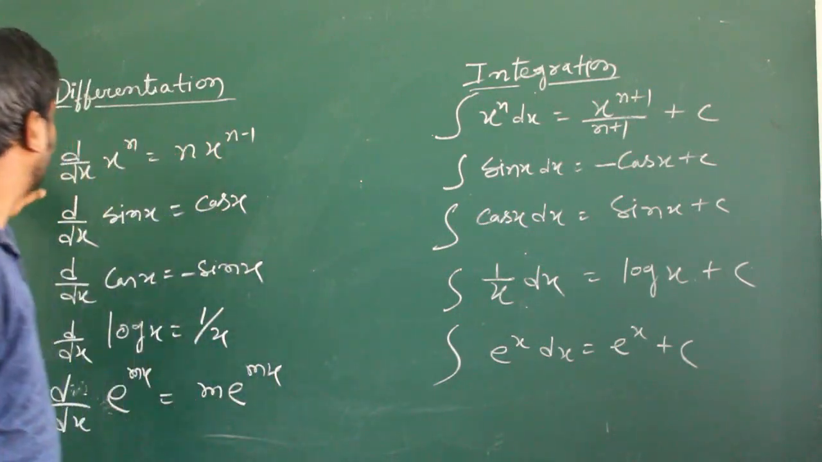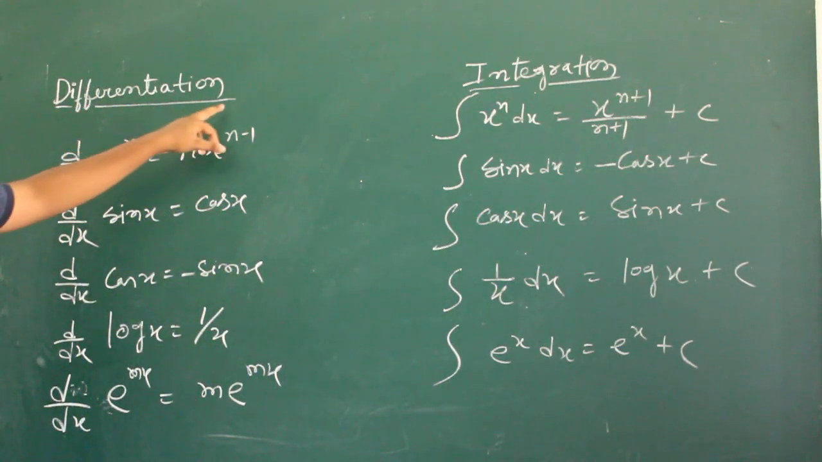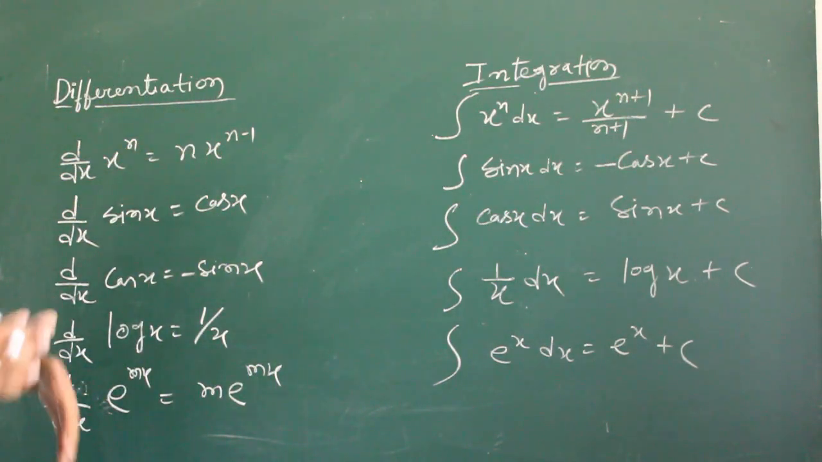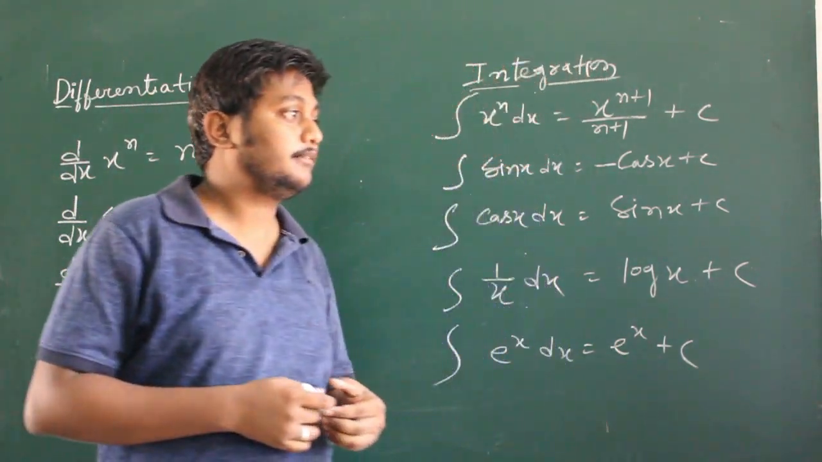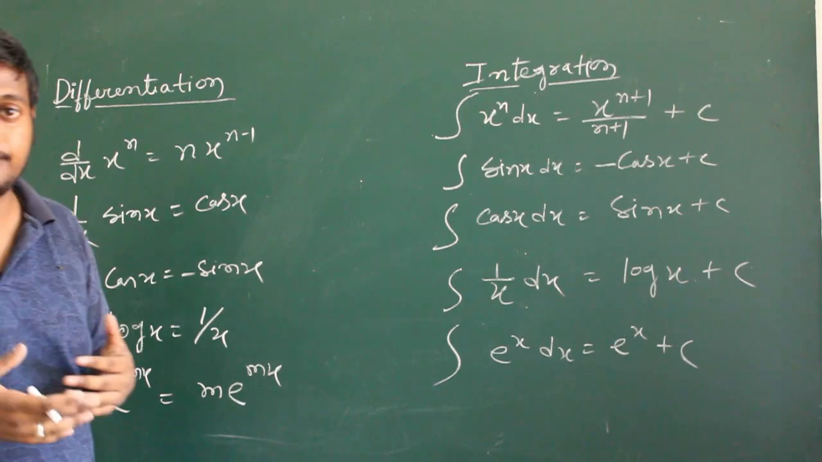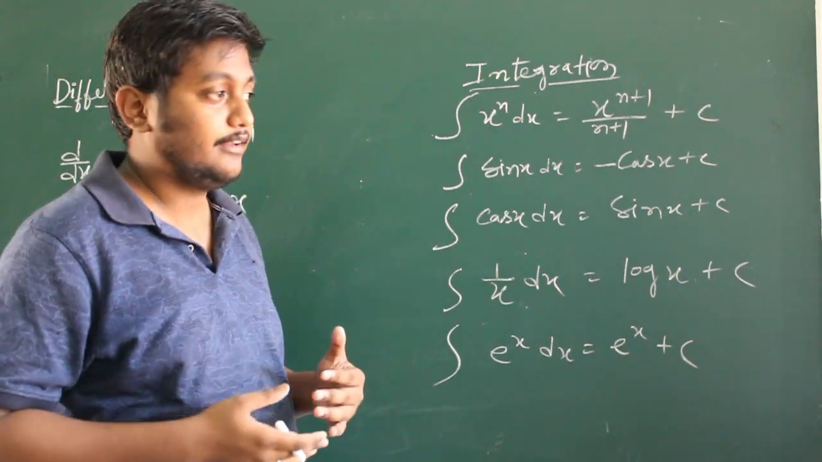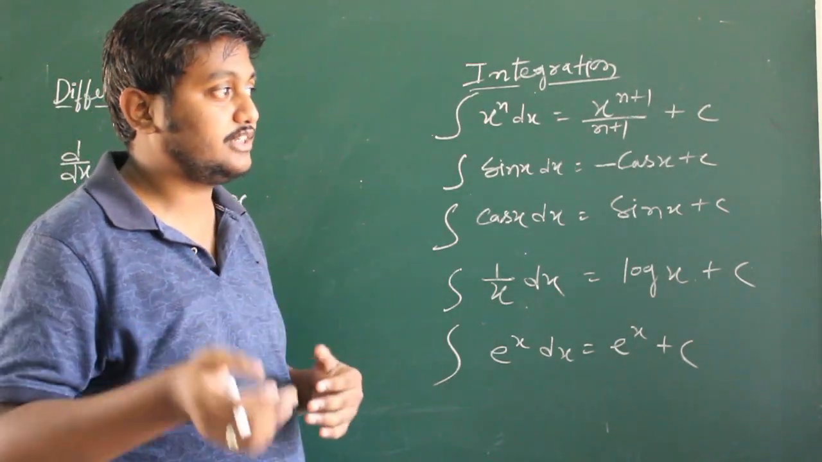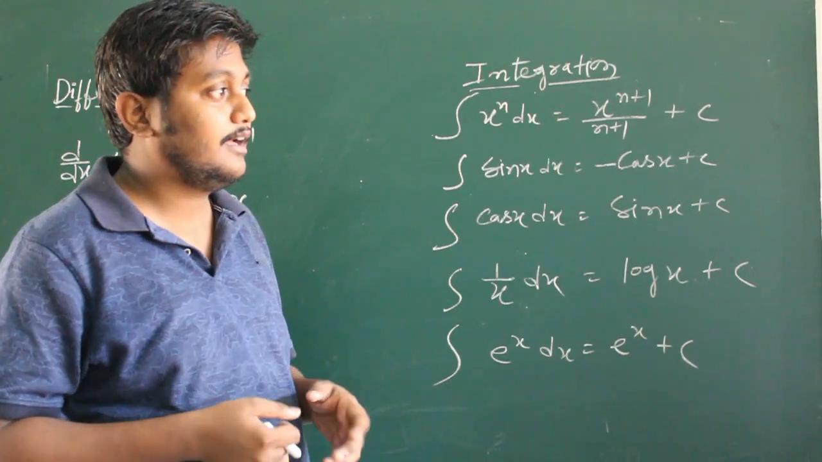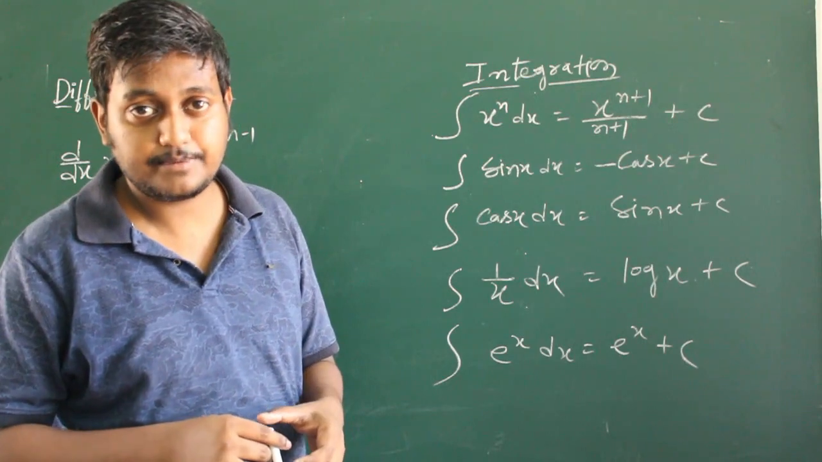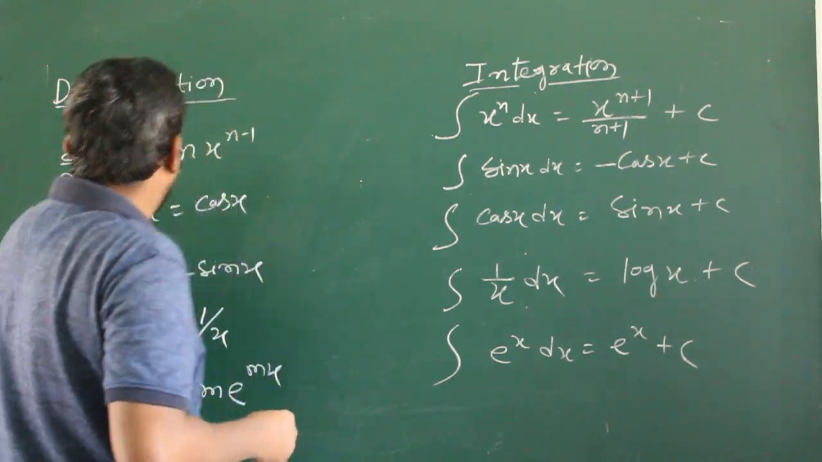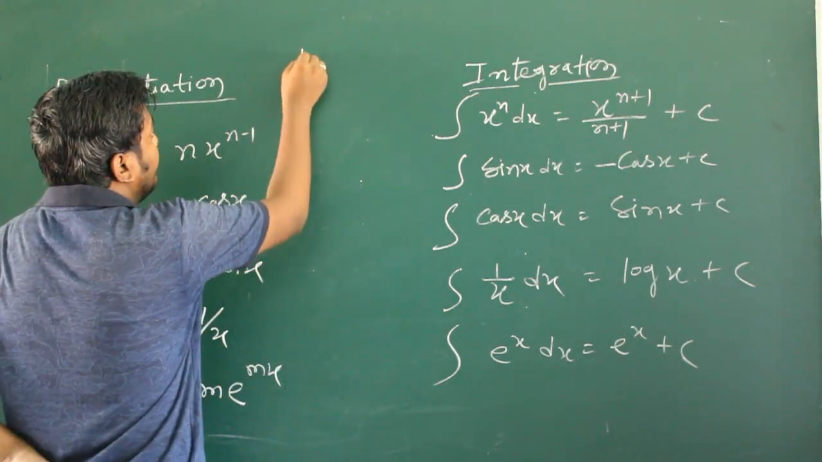Now, first we will discuss differentiation. First of all, what is differentiation? Differentiation means it is the rate of change of something. For example, velocity. Velocity is what? Rate of change of displacement. That means, if you write it in differentiation terms, then you can write: